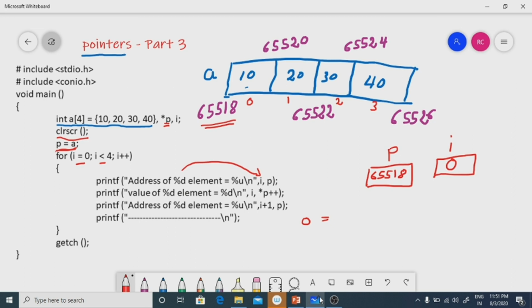I already explained %u in part 1 and part 2. %u stands for unsigned, and when we want to print the address in decimal, it is better to go for %u. If you want it in hexadecimal, %p. So %u prints what is there in p. What is there in p? 65518.